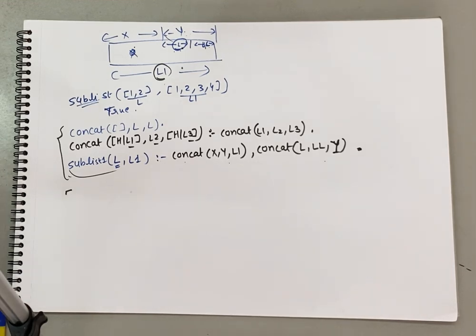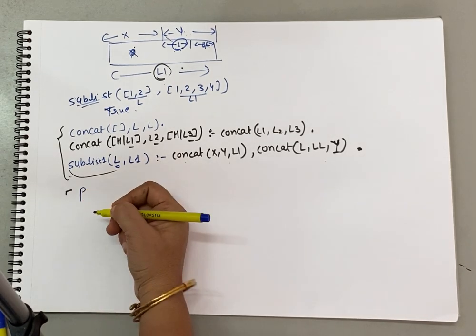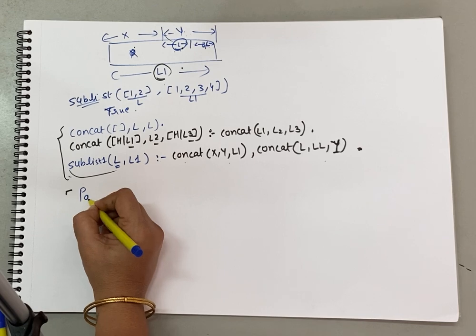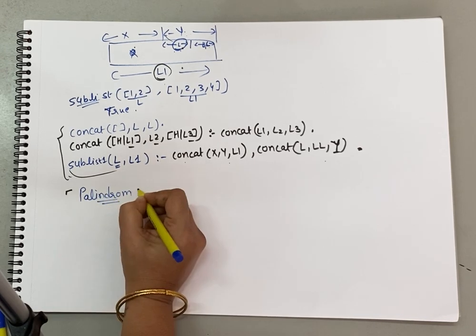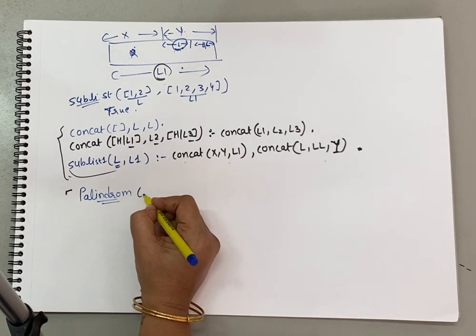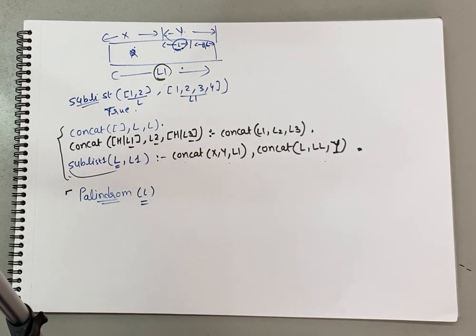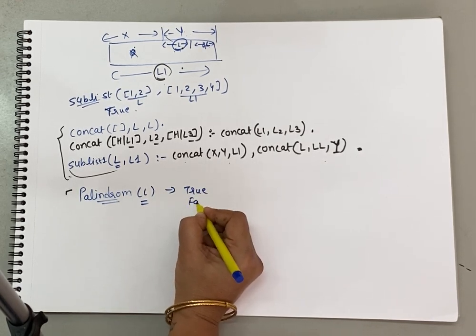Now using these functions, that is reverse list, you need to write one more as homework. I am not going to discuss this. What you have to do is write down the predicate palindrome. It is going to check whether the given list, whatever list I pass, is a palindrome or not. If the list is a palindrome, it will return true. If it is not, it will return false.